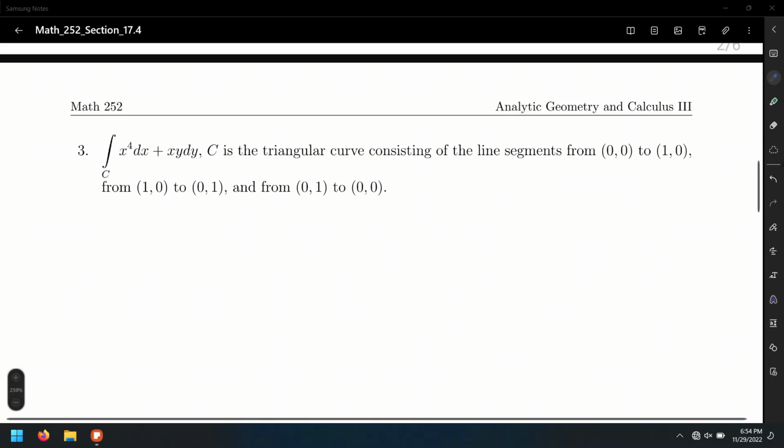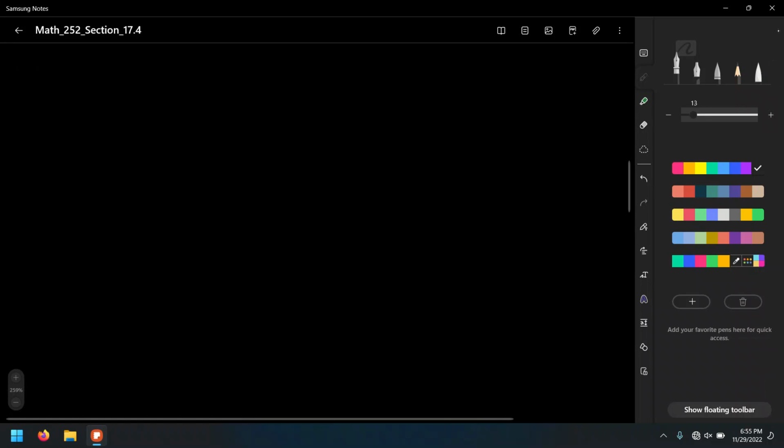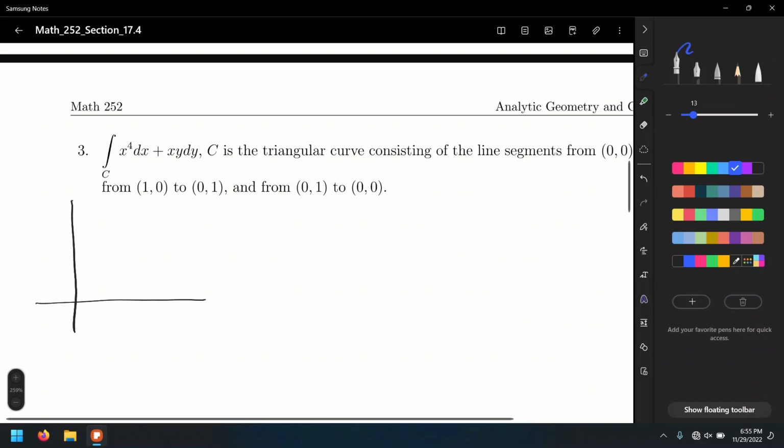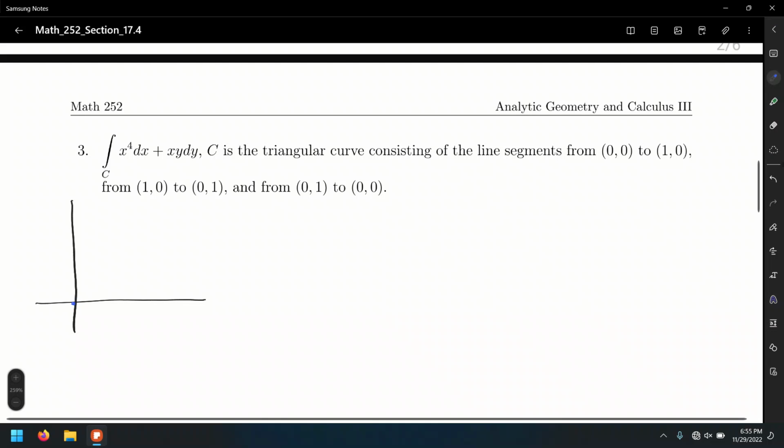where C is a triangular curve consisting of the line segments from (0,0) to (1,0), from (1,0) to (0,1), and from (0,1) coming back to the origin (0,0). So number one, let's sketch the region, of course. Let's sketch the region of integration, and in this case we want to go from the point (0,0) to